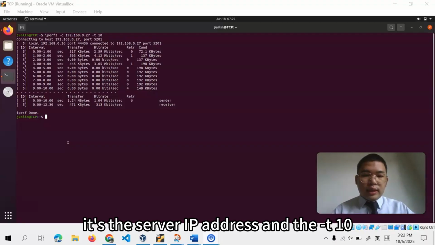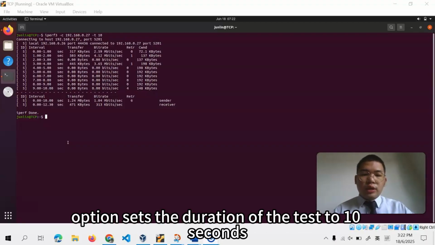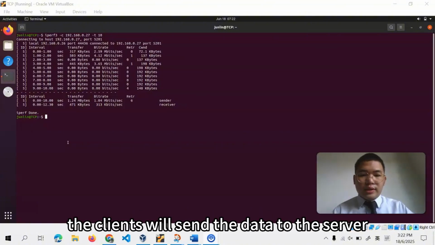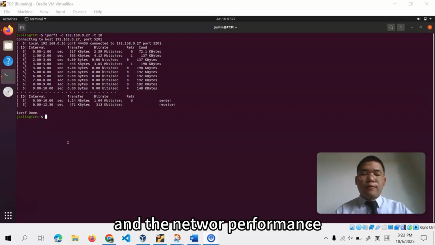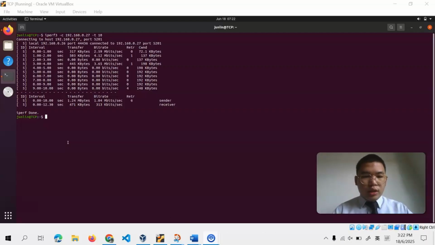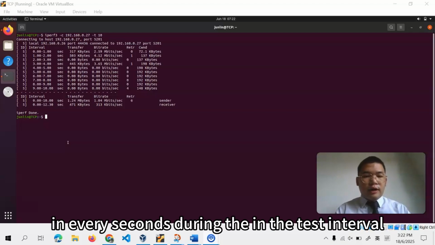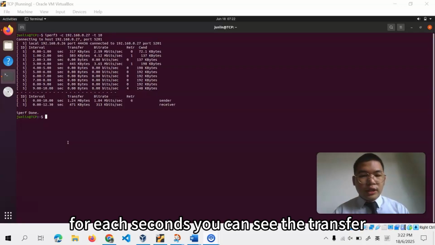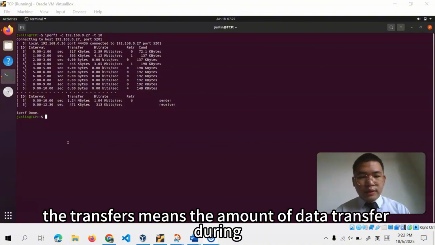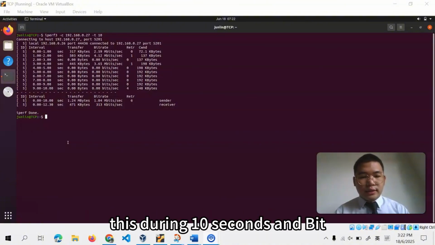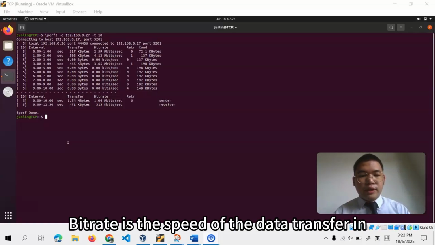The -t option sets the duration of the test to 10 seconds. During this period, the client will send data to the server and the network performance will be measured. The output shows various statistics for every second during the test intervals. For each second, you can see the transfer, which means the amount of data transferred during that second, and the bitrate is the speed of the data